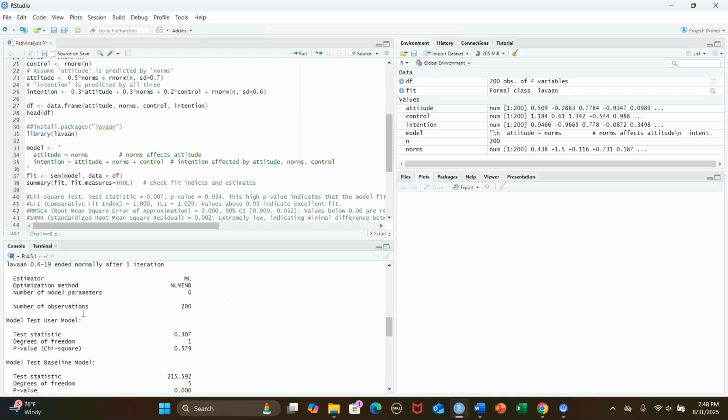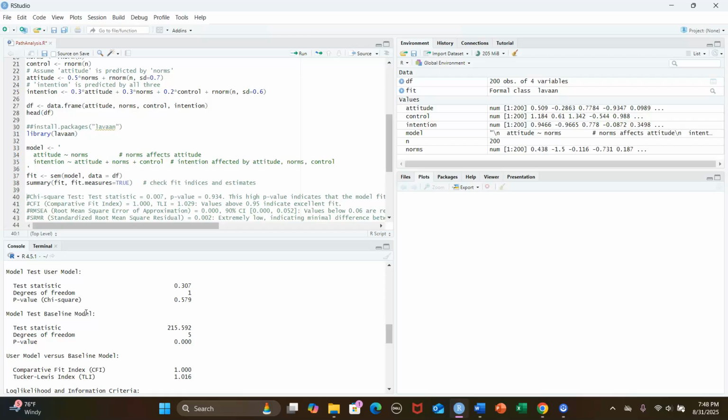It's estimated with maximum likelihood, optimization method NLMINB, and the number of model parameters is 6, number of observations 200. You got the model test, user model, model test baseline model. You got the test statistics. The p-value is